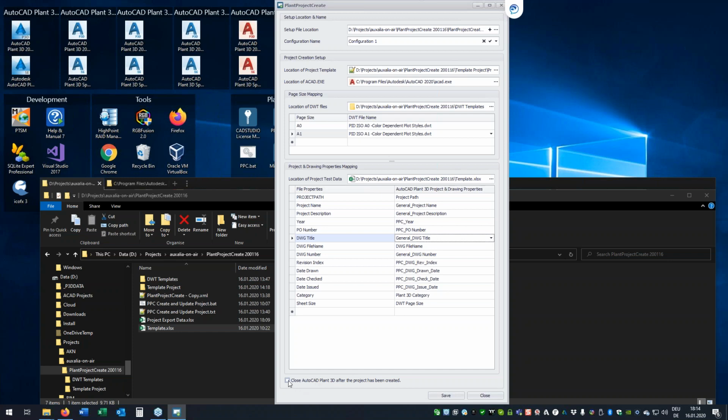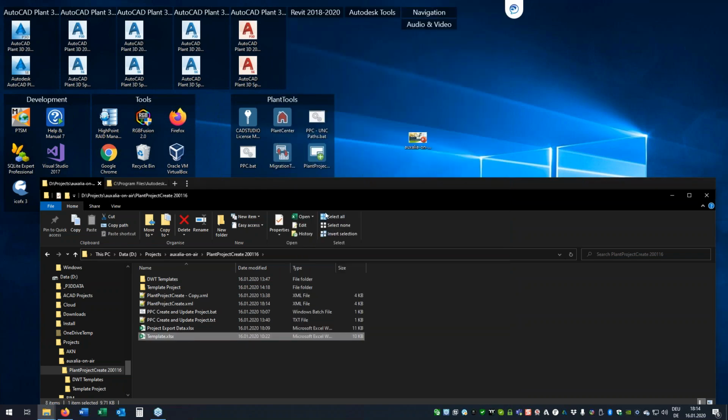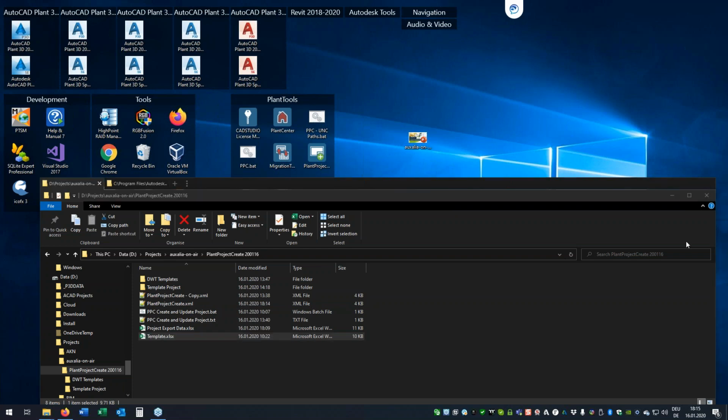Finally, you can decide after the process of creating the project and the drawing has been done, or will have been done, should AutoCAD then close? I will not use that because I want to show you the result. And so my settings I just created are now stored here in this XML file. But again, there can be multiple configurations in one